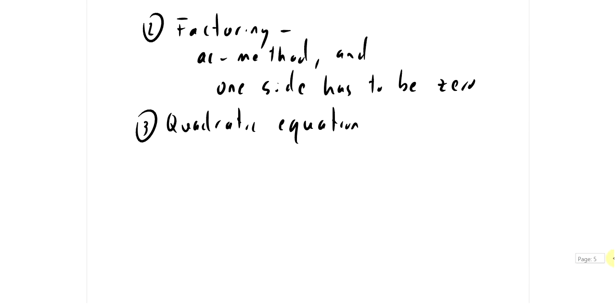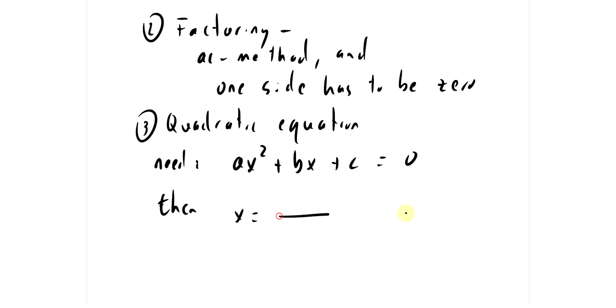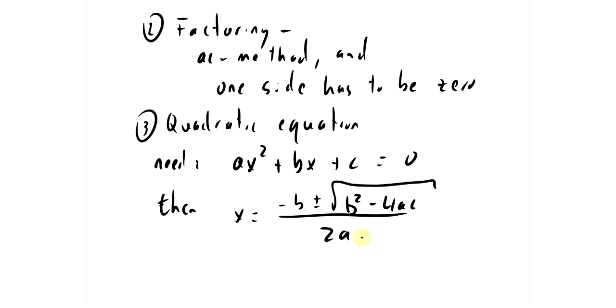Always works, but can be a little bit of a problem. You need your quadratic equation to be set up in this particular form, and then you can say x is negative b plus or minus the square root of b squared minus 4ac all over 2a. But you need to have it multiplied out like this and equal to 0 on the other side for it to actually work. Okay, so that's the basics of solving quadratic equations. Make sure you memorize the quadratic formula. That's this thing here, and that will